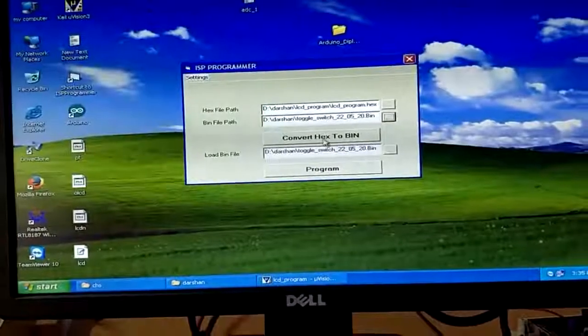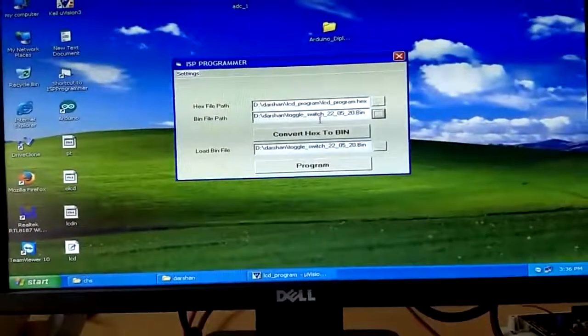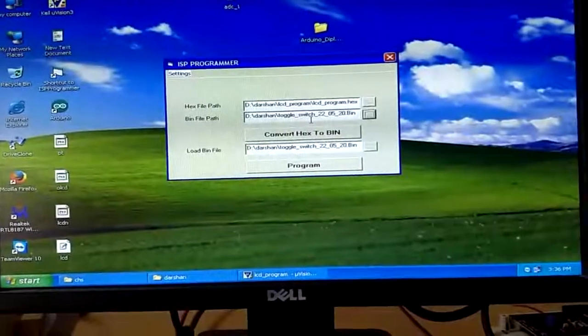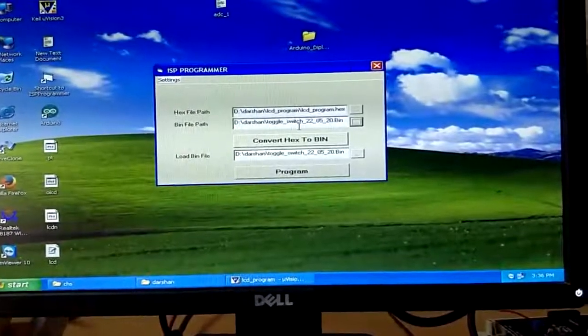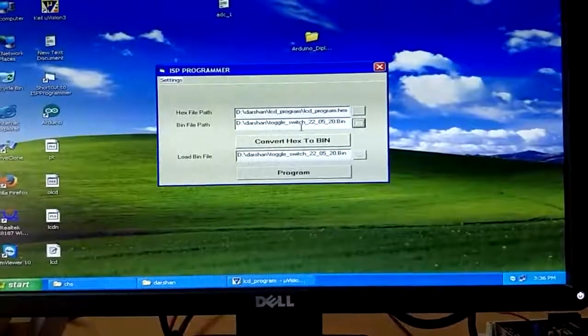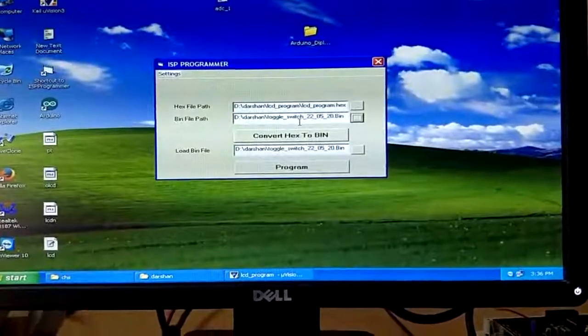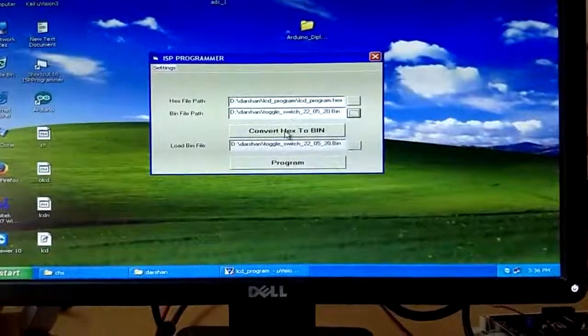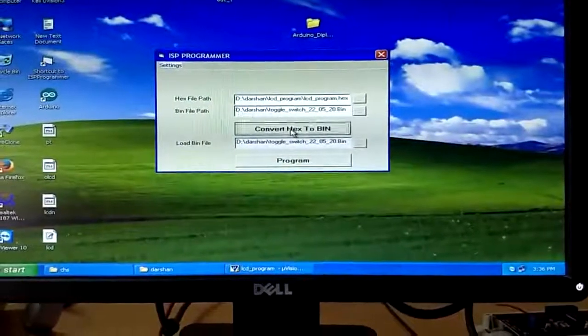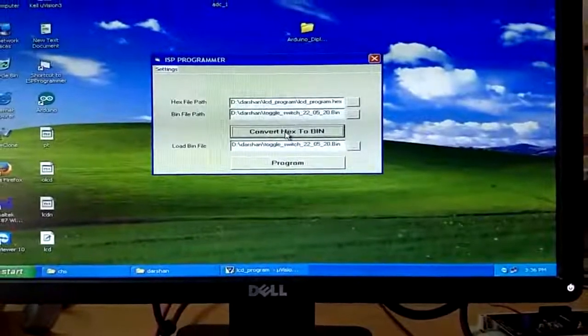Click on save. Whenever you are going to create a binary file, first you have to browse the location where you want, and also provide the binary file name, that is filename.bin extension. Then you click on convert hex to binary,